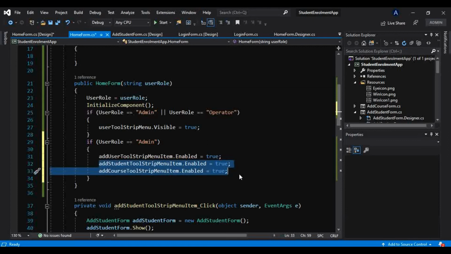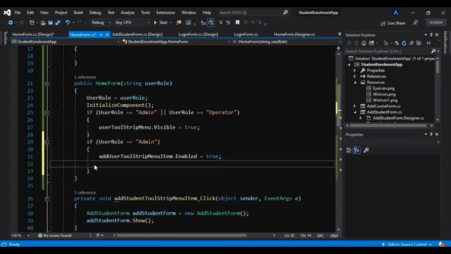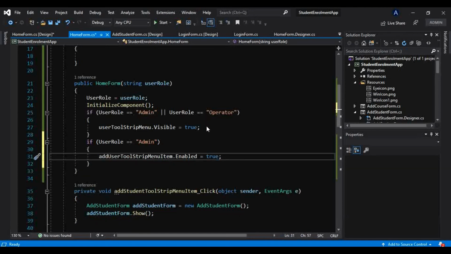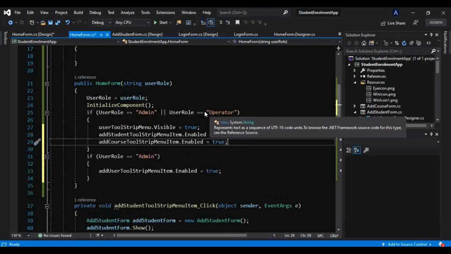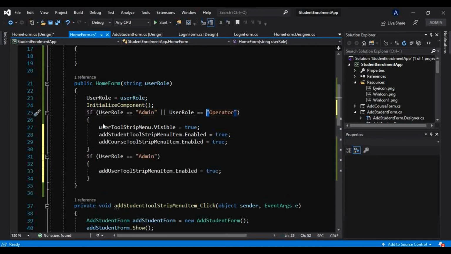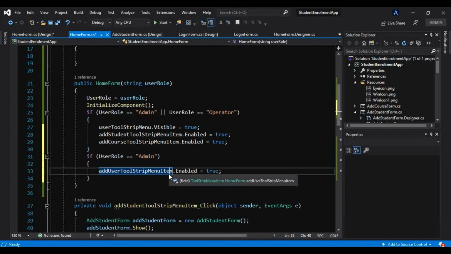So that is why we can move this condition here as well. So we know here also it is admin, so that is why we can take admin and operator both. For both admin and operator we want these tabs to be enabled, but only for admin this add user toolstrip menu should be enabled.